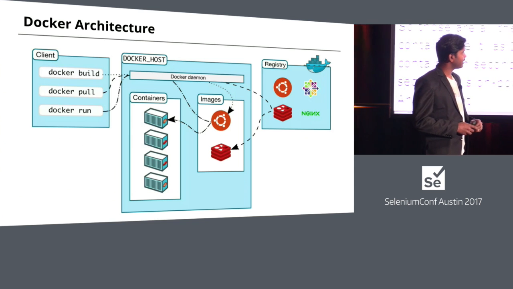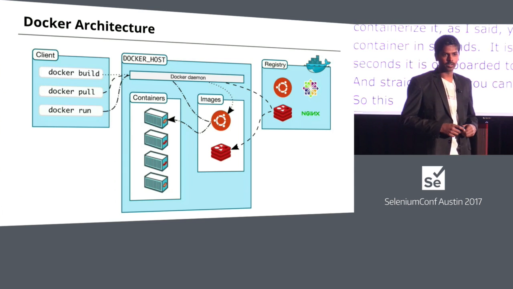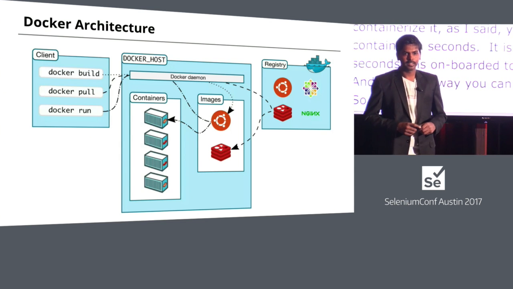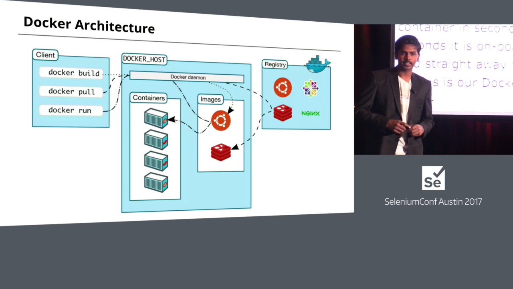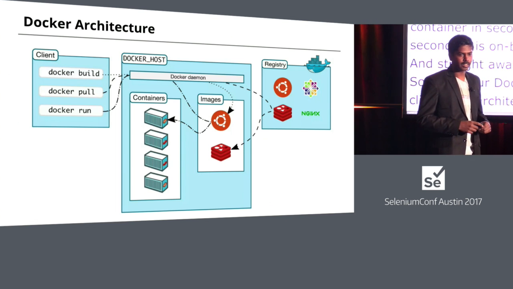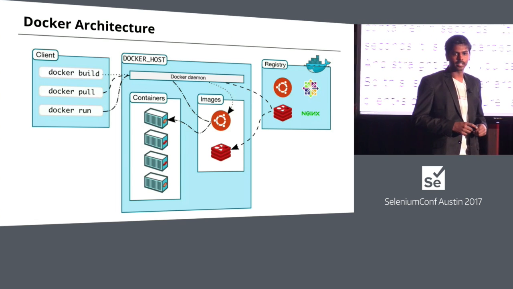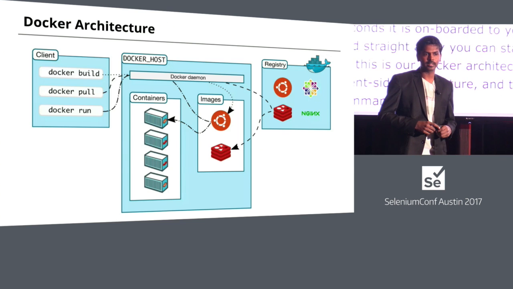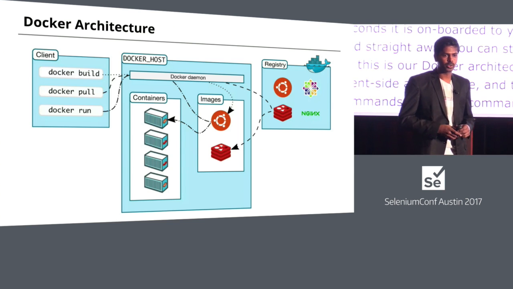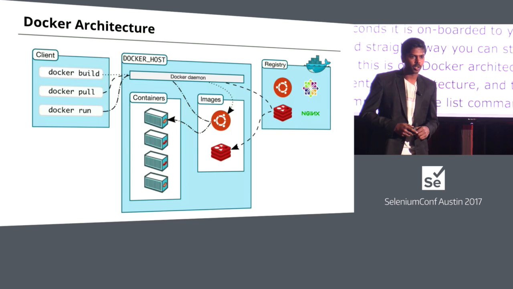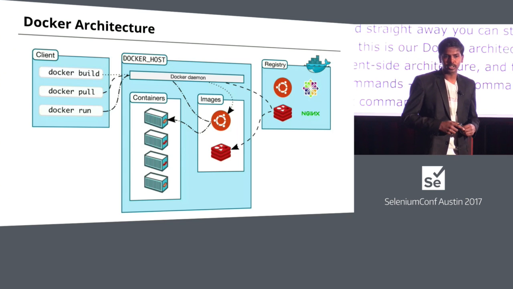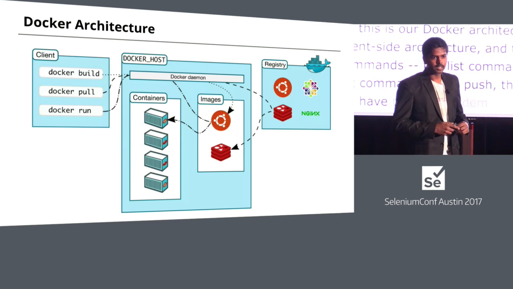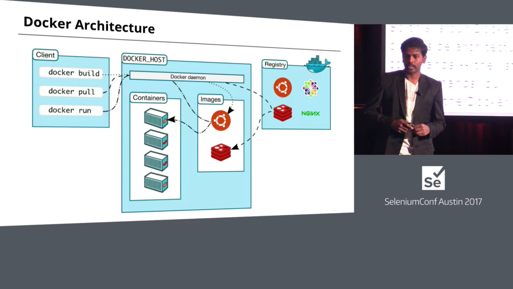Yep. This is how Docker architecture works. It's a client-server architecture. The server exposes certain REST APIs, and the clients are CLI commands, just like how we have our Git commands, Git pull, push, same way. We have Docker commands that interact with the Docker daemon, which is the Docker server, through a REST API which Docker exposes.